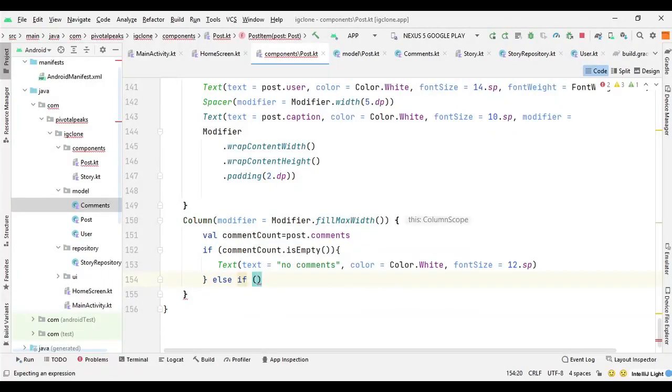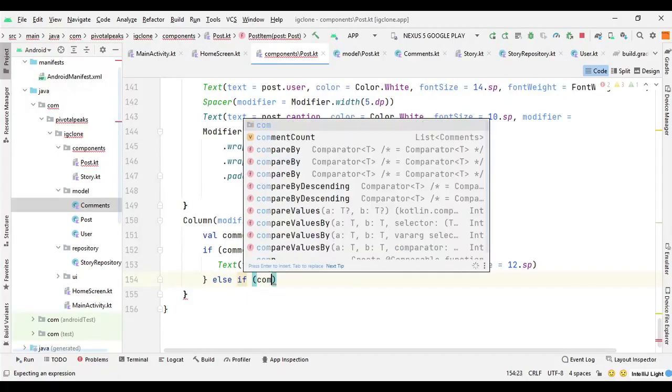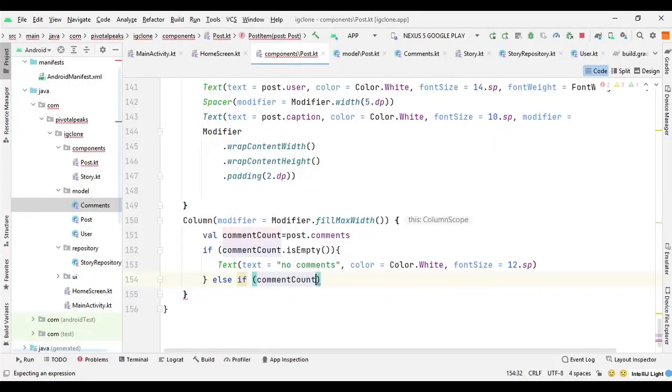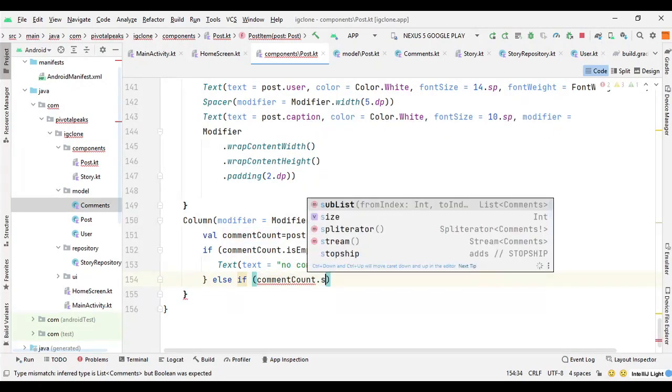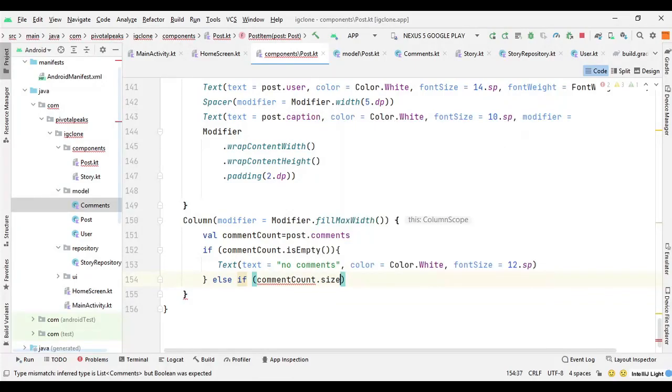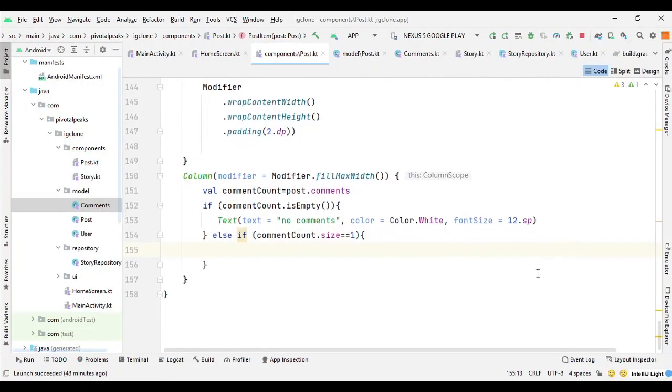and here we will say if comment count dot size equals 1, then we will say, we can copy this text and we can say view one comment,